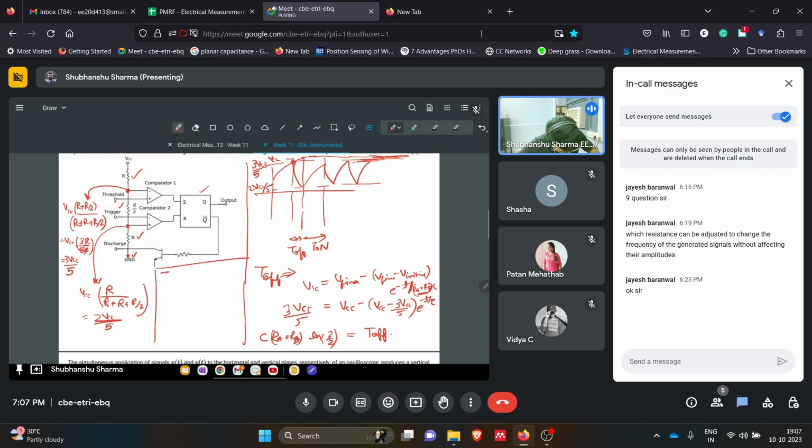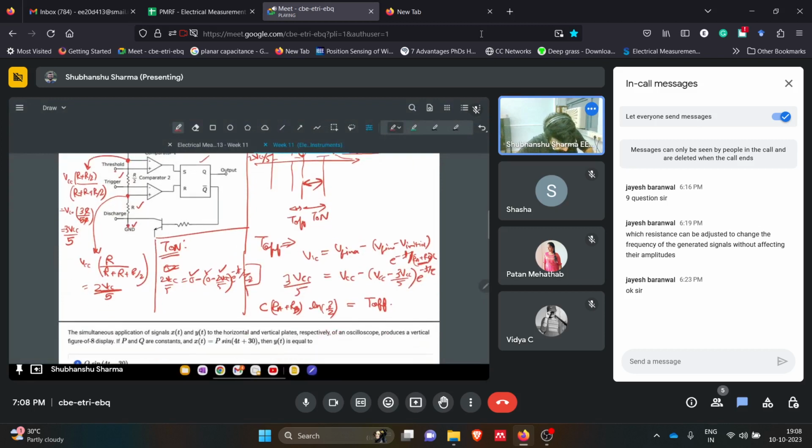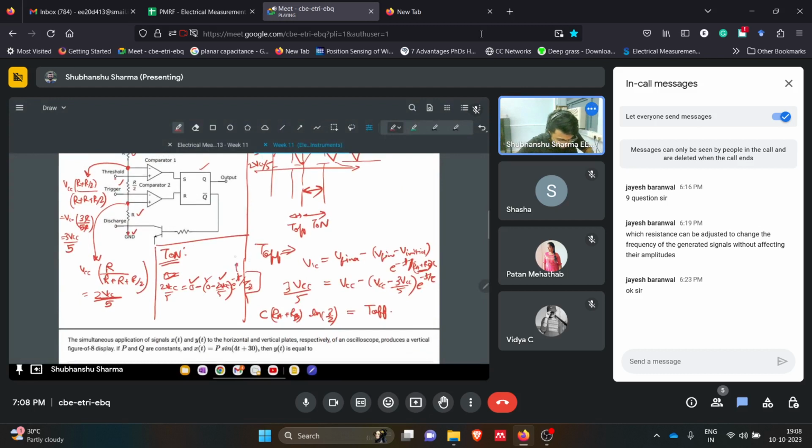Now what will be T on? For this period, what is the final value? It would have been 0, again that same concept. So what is the initial current value? That is 2 VCC by 5. So 0 minus 2 VCC by 5, initial value, final value, and this is our final e to the power minus t by tau. Here tau is different. If you solve this equation, it's simple, then you will get ln 3 by 2